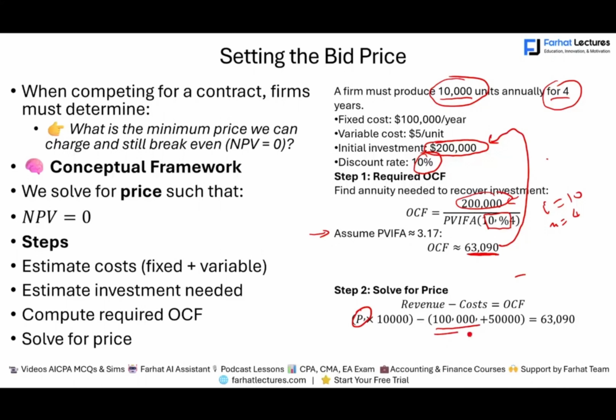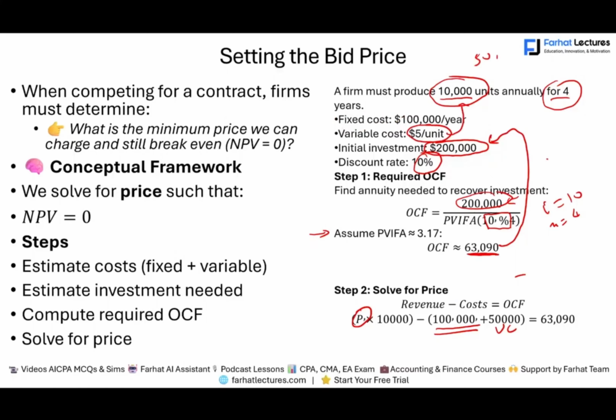I have $100,000 of fixed cost right here. I have to deduct this, plus I have $50,000 of variable cost. What's the variable cost? The variable cost per unit is 5. 5 times 10,000, my variable cost is 50,000. So notice, I don't know what my price is, but my price times 10,000 units minus my cost,